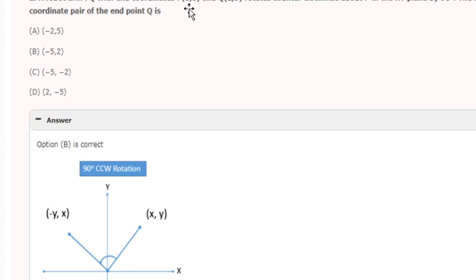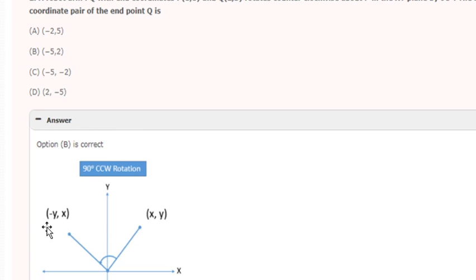Here 0, 0 is the origin, which is the pivot point. Point 2, 5 rotates in the counterclockwise direction about the point P by 90 degrees. Already we have discussed that for 90 degrees, the point Q rotated in the counterclockwise direction means it's a positive direction. This P 0, 0 and this Q 2, 5 is rotated by 90 degrees in the counterclockwise direction. We get minus y, x as the answer.